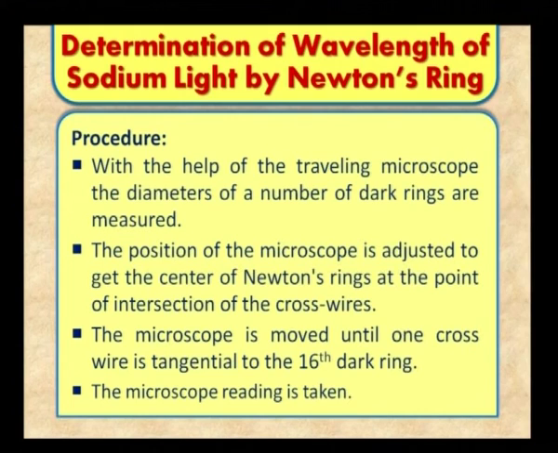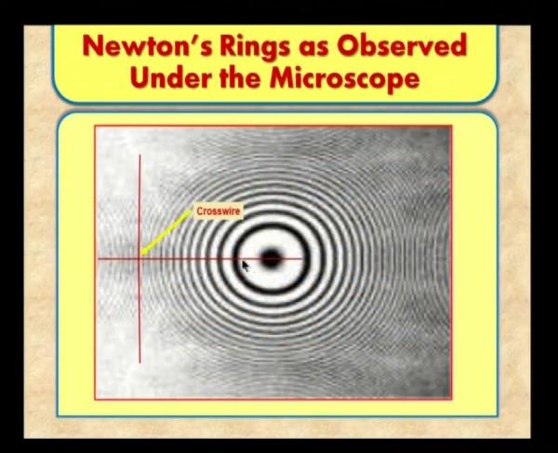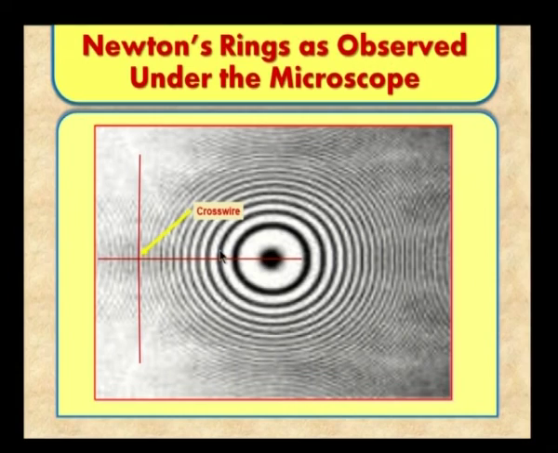As I told you, the diameters are measured. The position of the microscope is adjusted so that the center of the Newton's rings is at the point of intersection of the crosswires. The microscope is moved until one crosswire is tangential to the 16th dark ring. Maybe you start from the center: the first dark ring, second, third, fourth, fifth, and so on, up to the 16th dark ring, right? You have the crosswire tangential to the 16th dark ring from the center, 16th on the left,